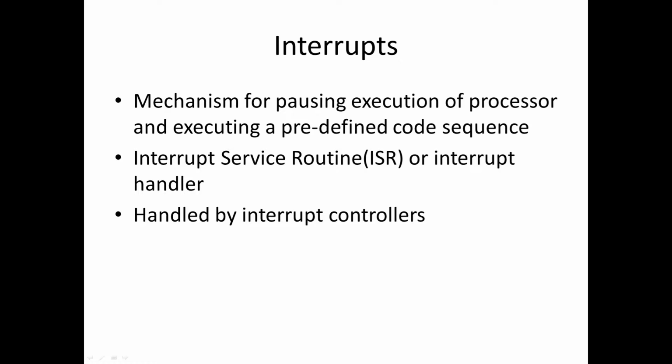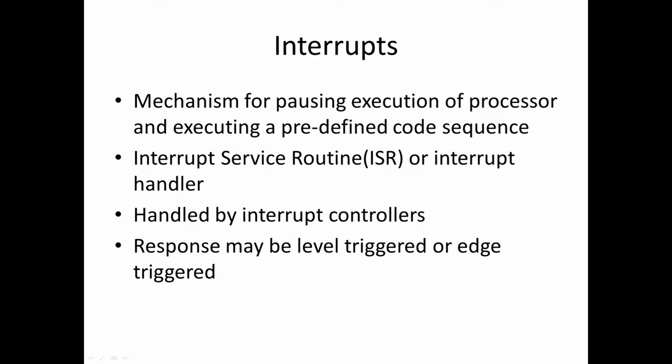Each interrupt has an interrupt vector, which is the address of an ISR or an index into an array called the interrupt vector table that contains all the addresses of all the ISRs. The response to an interrupt request might be level triggered, which means that the hardware asserting the interrupt will typically hold the voltage on the line until it gets an acknowledgement, which indicates that the interrupt is being handled, or edge-triggered interrupts, where hardware asserting the interrupt changes the voltage only for a short time.